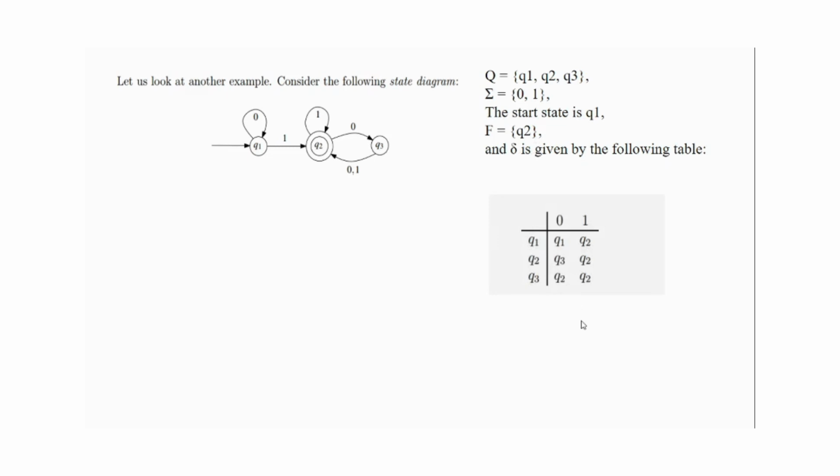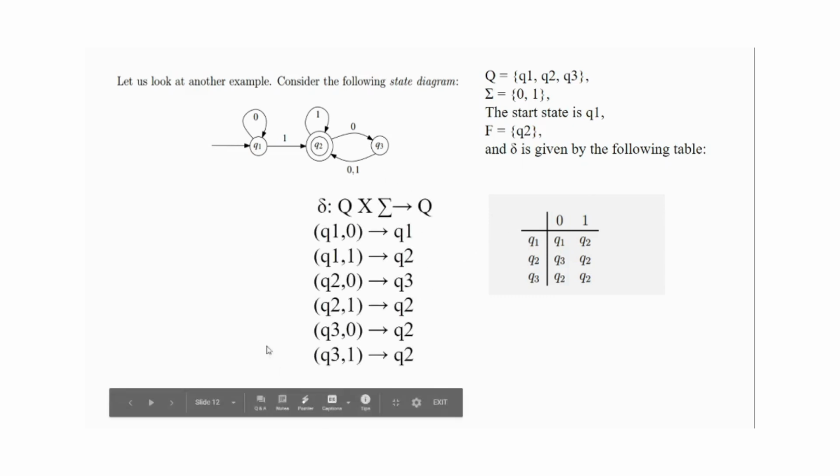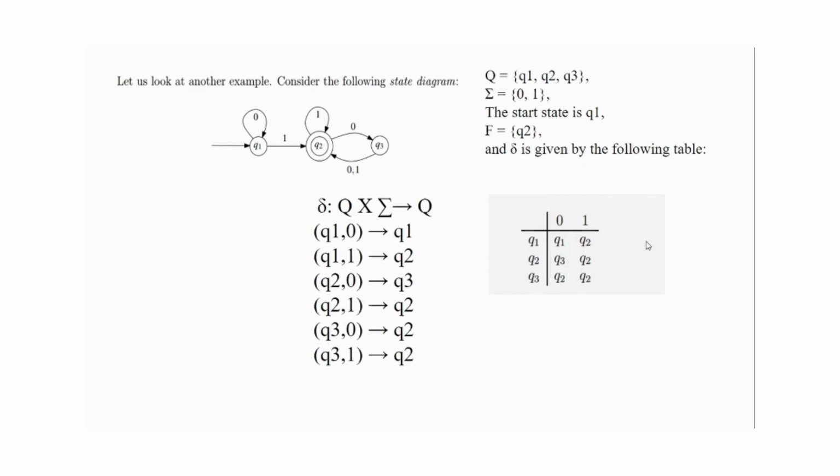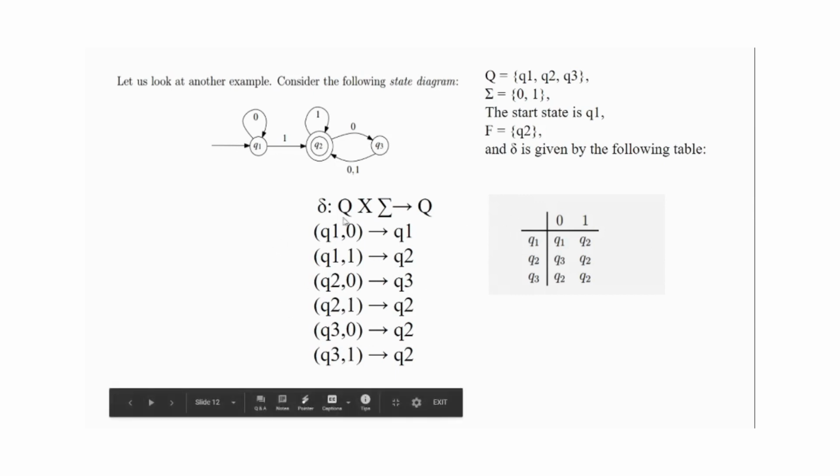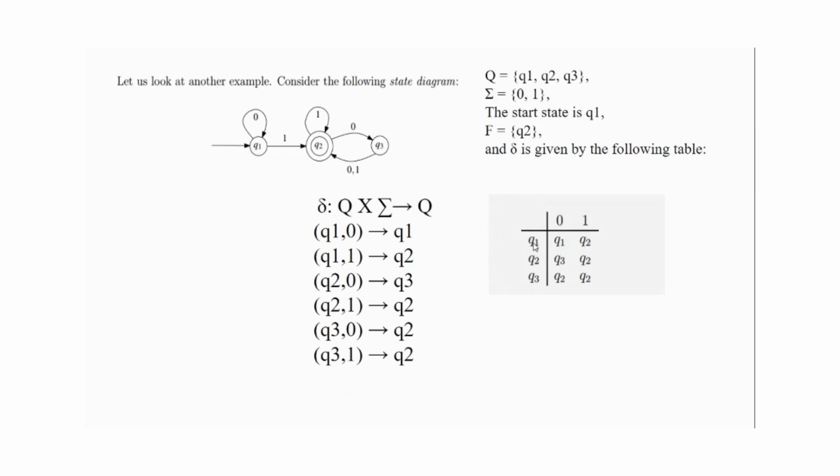Now you can give transition functions in two different ways. There are two methods to write this transition function. One is this one, which is written here. This is called a transition table, and the second is the one we already know from the previous lecture. Both are the same. You can use either the transition table or the other method.